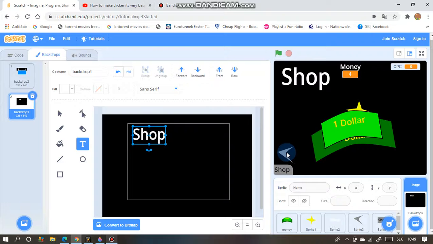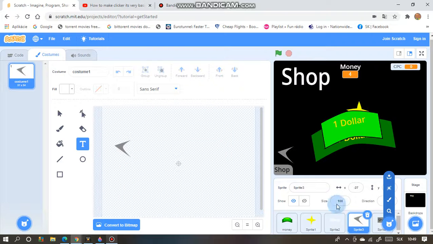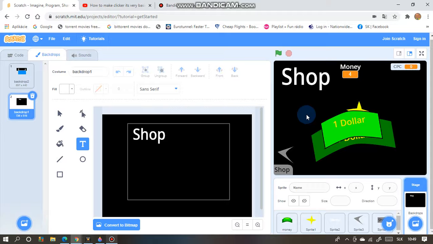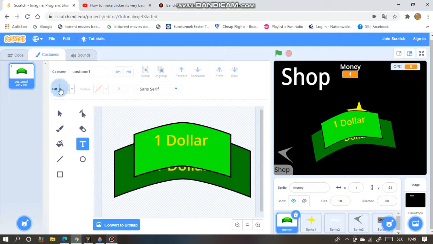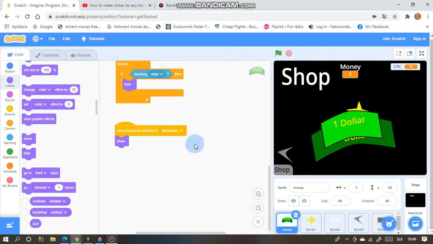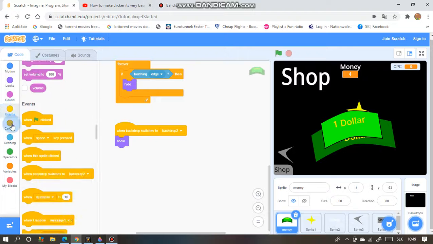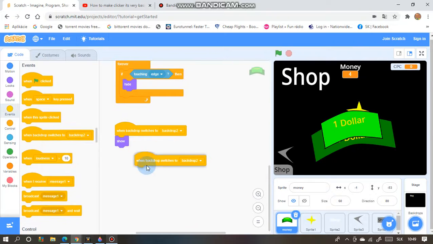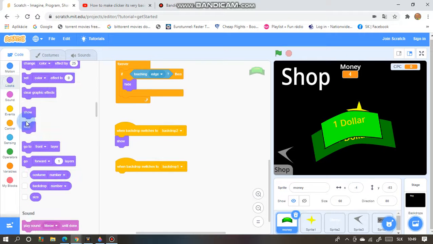Let's make the back button over here. I think this one is shaped pretty nice, right? Okay, let's see here. This is pretty intense, so if you like this, please give me a like because this is so intense. All right, so now let's do when backdrop switches to backdrop. No. We however need to hide it, not show it. Because